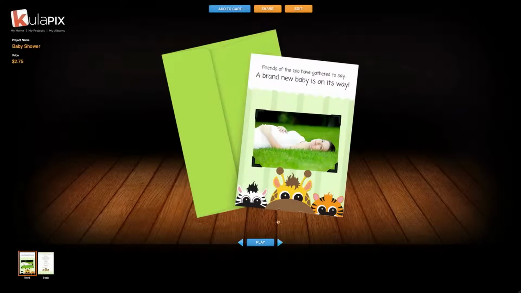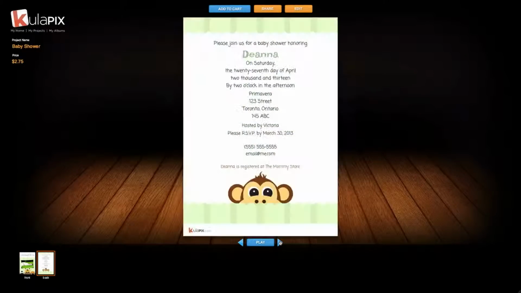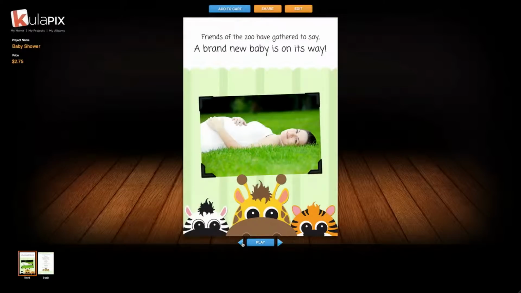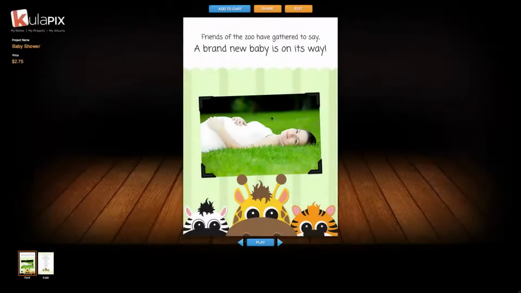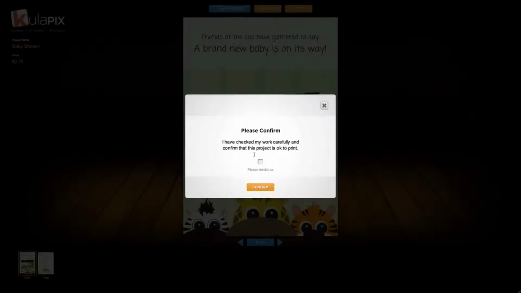And now double check spelling one last time and ensure that everything is the way you want it to look. If you need to go back to the builder to make any changes, click the button that says Edit. You can also press the Share button, and by adding this to your shared projects, you can share via Facebook, email, or Twitter. So I'm ready to add to cart, confirm I've double checked my work carefully,